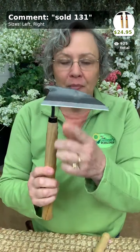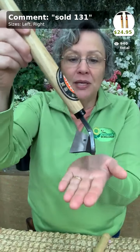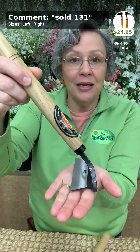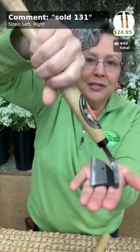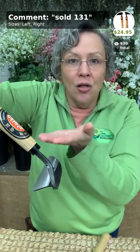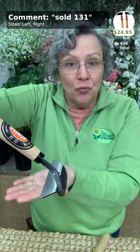All right, next up we have the Japanese hand hoe. These are our favorite weeding tools. Why is that? They're really sharp and they cut through the soil. The way you use them is that you place it flat on the ground and then sink it down about an inch and a half down in the soil, and you pull it through. Obviously, you gotta have your hand like this. You pull it through and knock down all those little baby weed seedlings, and you don't disturb much soil, because